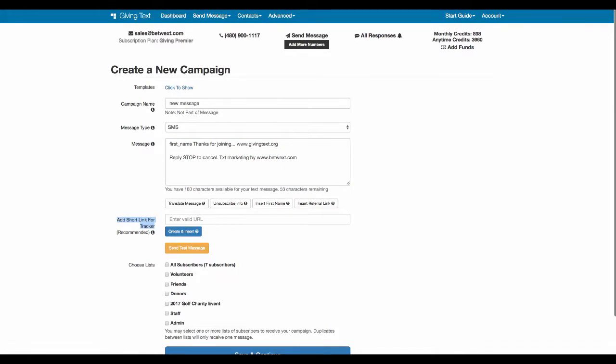It's a bit.ly link. It's a really easy way to see how many people click on your link. So all you got to do is you jump in here, you type in your URL, your web address, you click the create and insert button, and you're off to the races. You can send yourself a text message, and then if you like what you see, that test message is good,